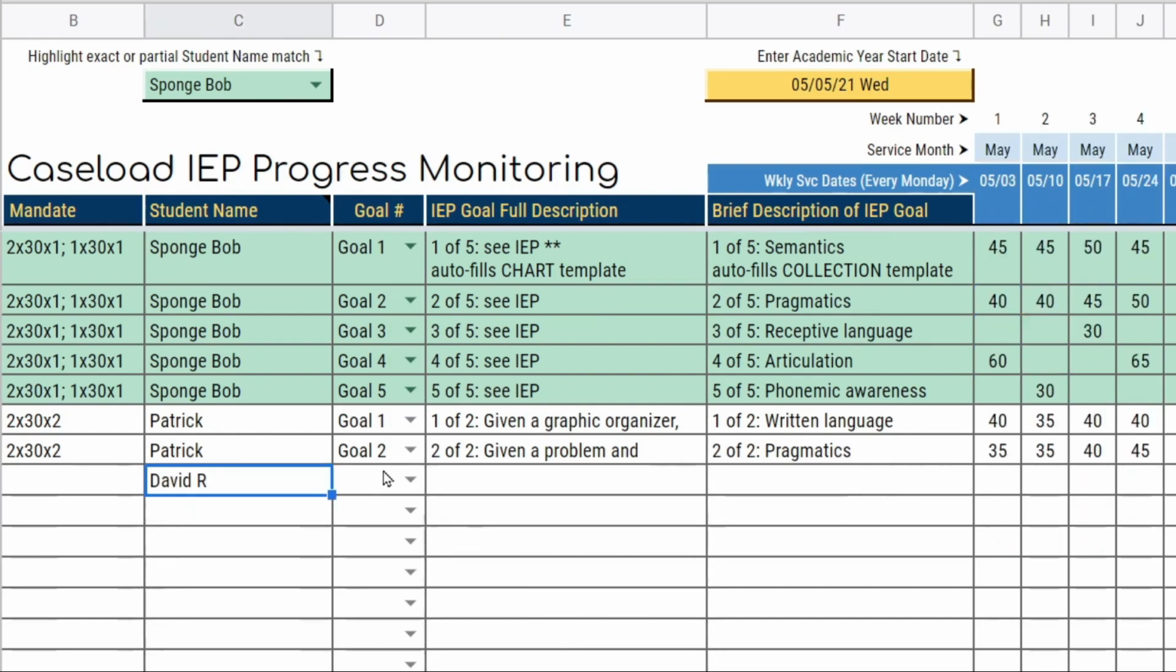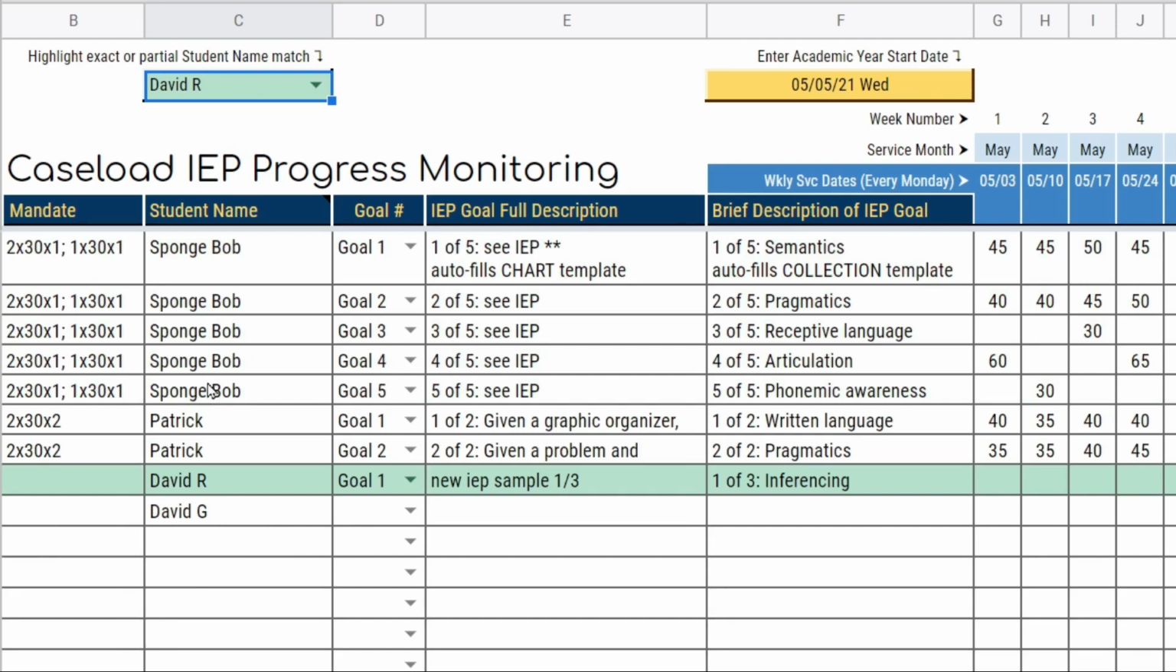If you have 2 students with the same first name, I would enter the last name initial, and then if you wanted to highlight that student,